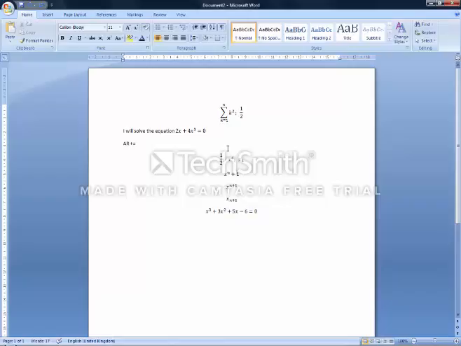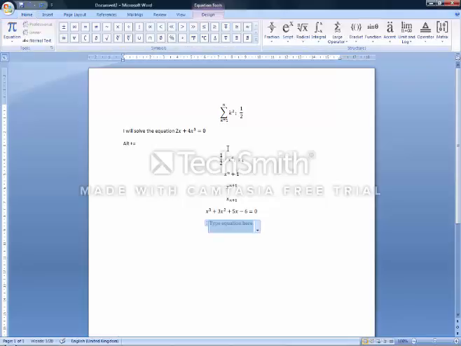Say you want the Newton-Raphson iteration. We'll learn about that probably in a week or so. x index n plus 1, remember your bracket, equals x n minus, be careful, all your x's should be xn's when you do this, so I need to differentiate this and make sure that my x's are actually xn's. So that's 3xn squared plus 6xn plus 5 divided by, notice I've put the first expression in a bracket, open a bracket here, and then